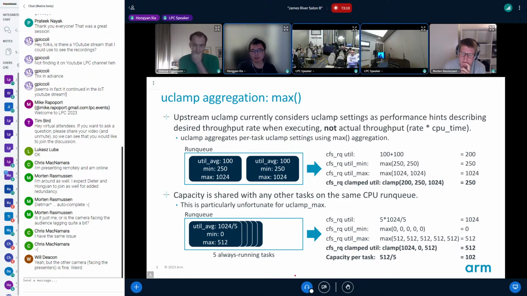I'm sharing with all the 100 tasks, and I'm not getting the CPU bandwidth I want, even though I specified uclamp min. The max aggregation cannot solve the problem that you can have 100 tasks on the same CPU. Yes, you satisfy the uclamp min request, but I'm not really getting any compute power. So maybe uclamp min is a better example.